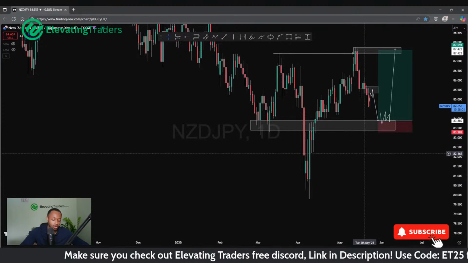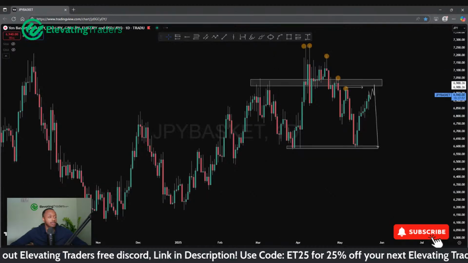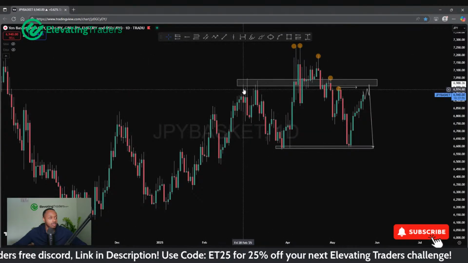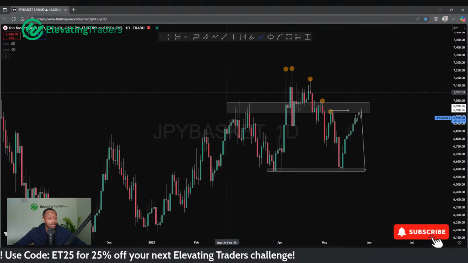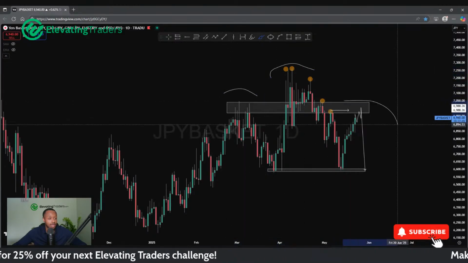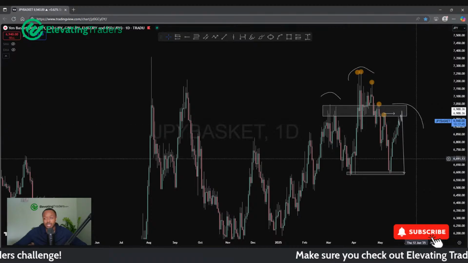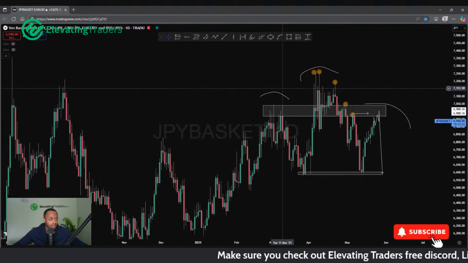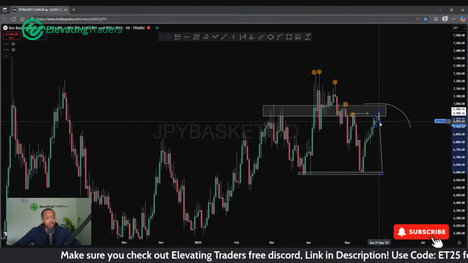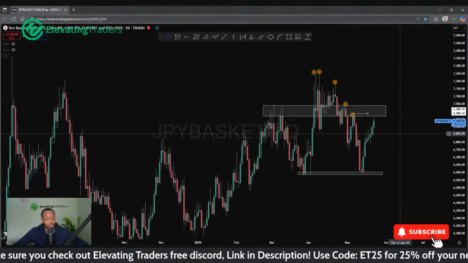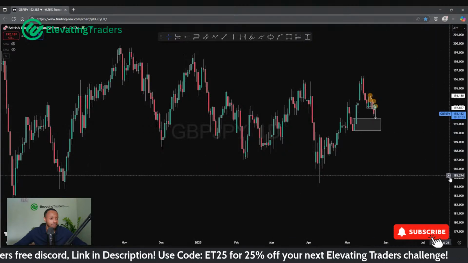It will hinge on what the yen basket does. For now, I'm still pretty bearish on it. We do have resistance here, which again, potentially could give us somewhat of a head and shoulder pattern. Left head, right shoulder. You could potentially see price roll over there. So it's going to make or break there on the yen. Other yen pairs I'm not as keen on. Pound yen, not really that keen on any trades there, to be honest.